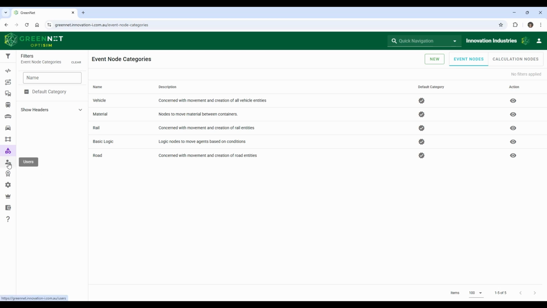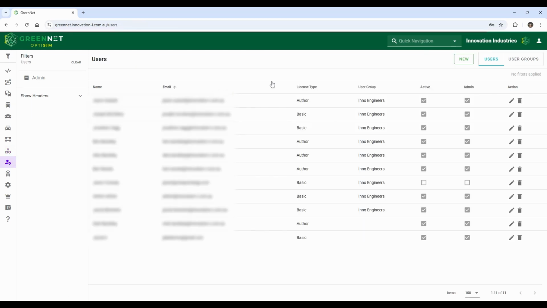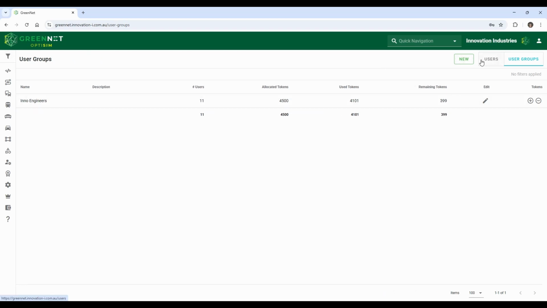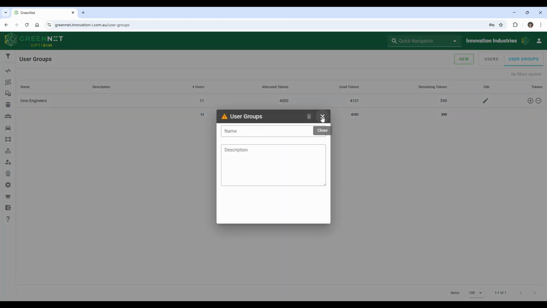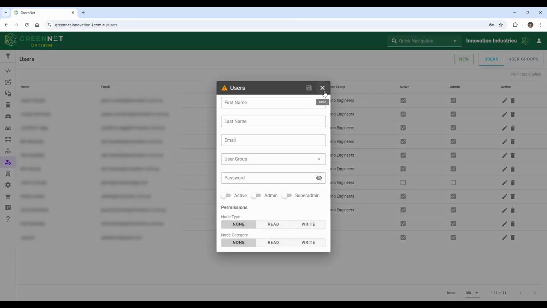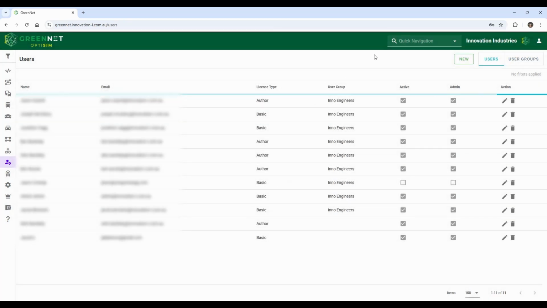Users is going to be helpful if you are an administrator and you're wanting to add new users or configure user groups and assign tokens. That's the place to do that. It's quite handy. Create new user groups or create new users and assign permissions and things like that. This stuff's super admin, so you don't need to worry about that. Config is just your company name,